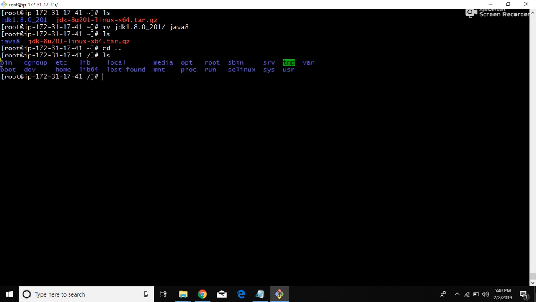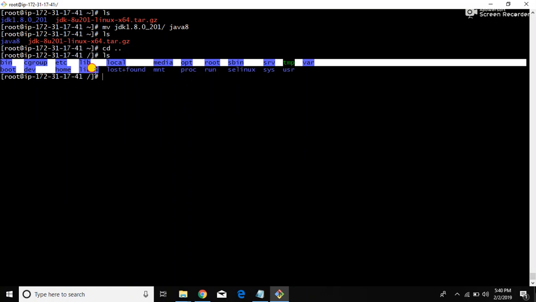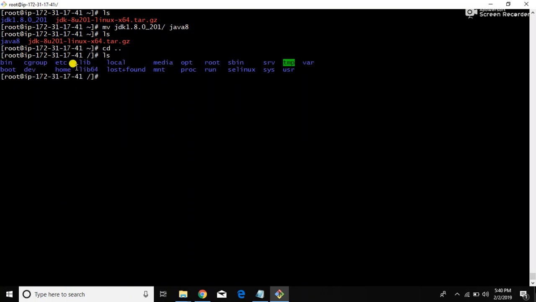You can see some folders, like bin, lib, and so on. For Linux you will get etc, lib, tmp, var, boot, dev, home. All these folders you will get, but in bin,